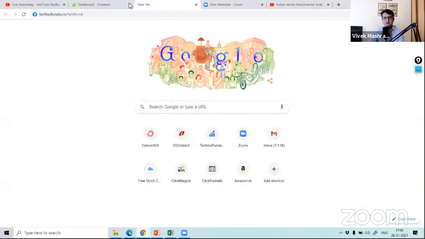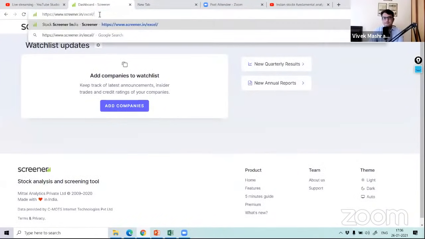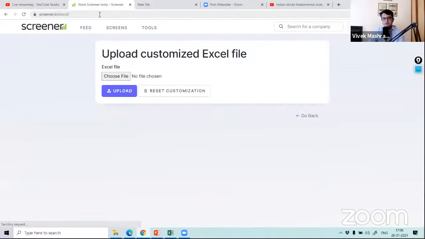Just in case you haven't done it, I'll show you quickly how to go about it. So I'm just pasting this link over here, and I'm doing this. Okay. So this is the first step. Everybody clear so far? This is the first step, very, very simple, but very critical. Make sure you go to this link and you will get this option to choose the file.